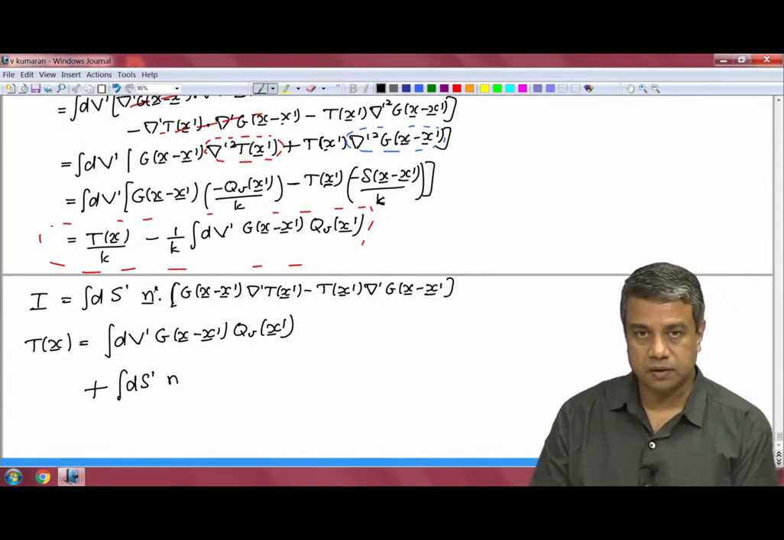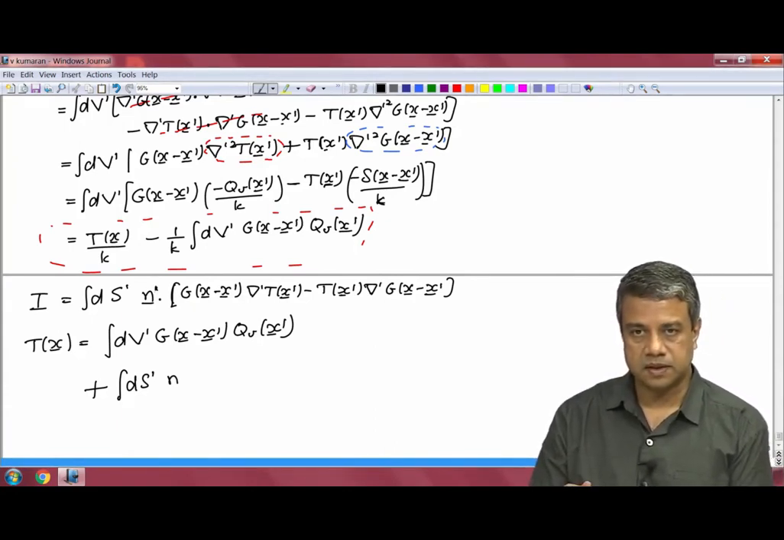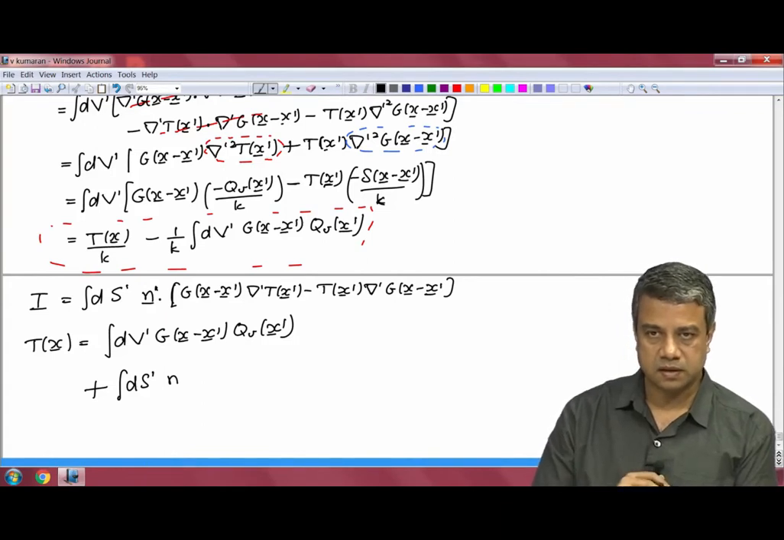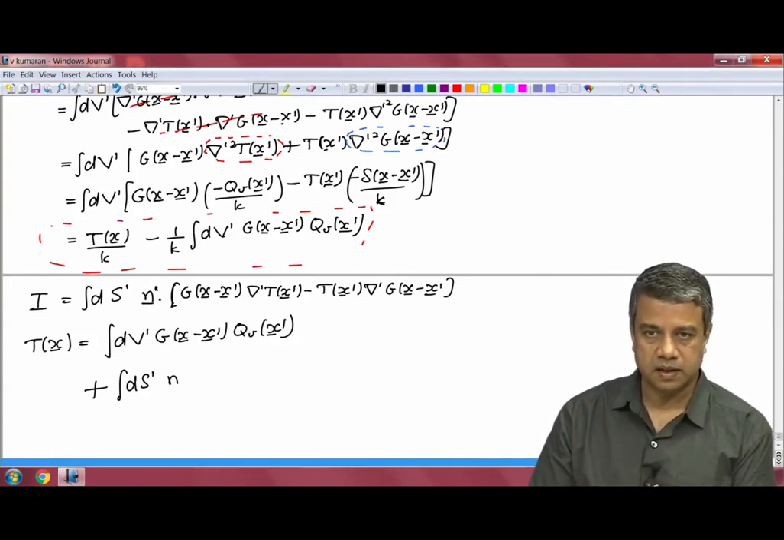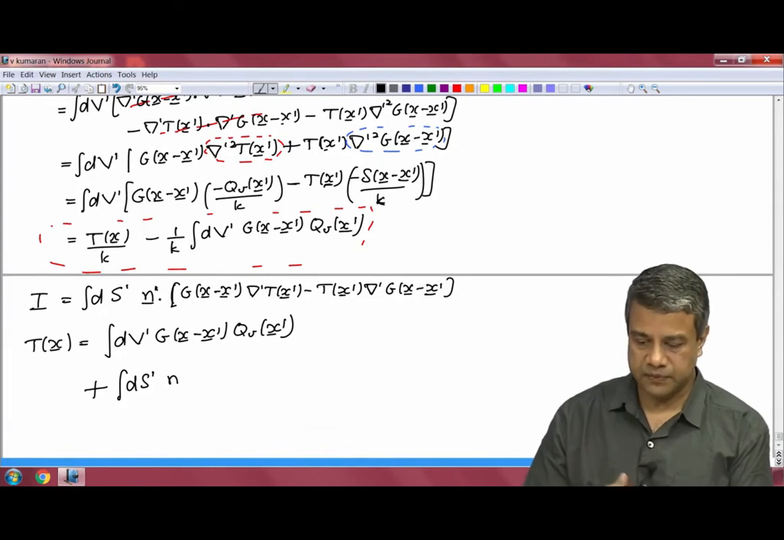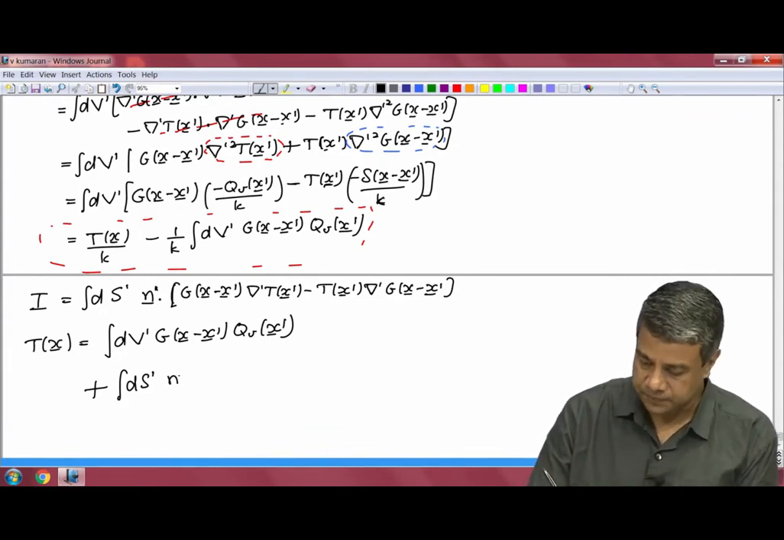A prime on the unit normal, because the unit normal is with respect to the source location, for the surface bounding the entire volume, for the source location, n prime dot